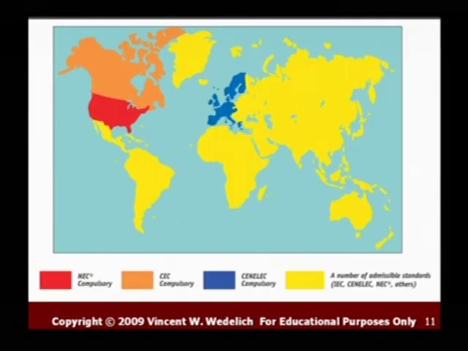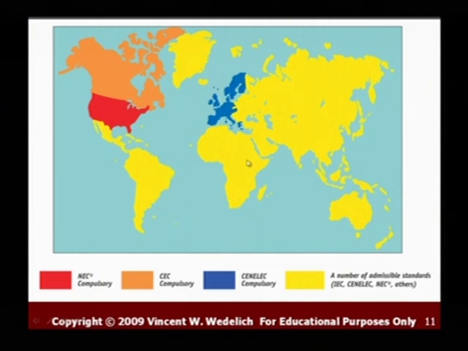Okay, here we have a picture of the world, and you can see the United States is in red right here. When you install equipment in the United States, you need to follow the National Electrical Code. It's compulsory. When you are installing equipment in Canada, you need to follow the CEC. Note, Alaska is actually following the CEC and not the NEC. It's kind of interesting. When you look over in the European areas, you have the CENELEC compulsory, which is your CE or ATEX standards. And then the rest of the world,